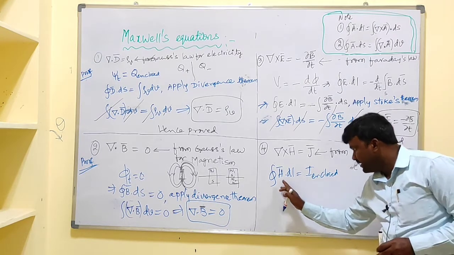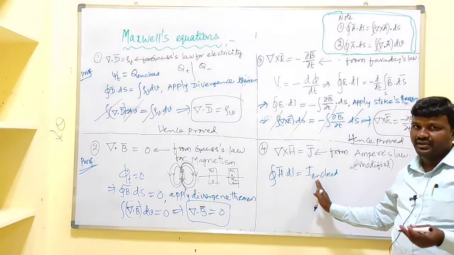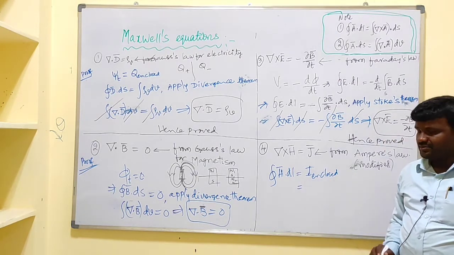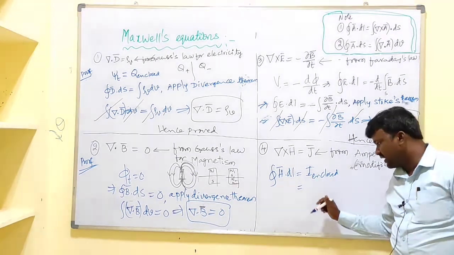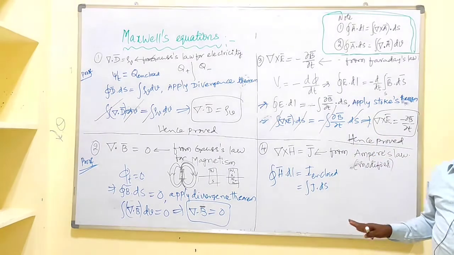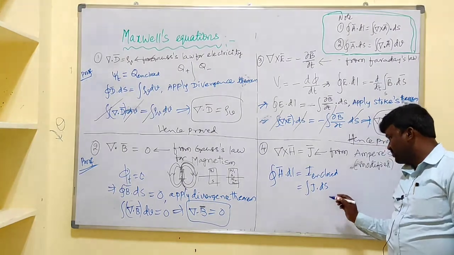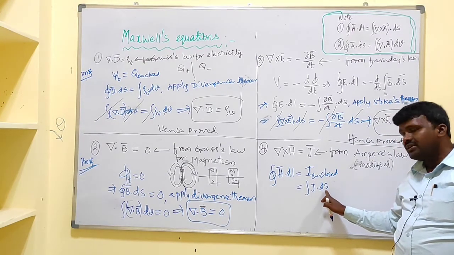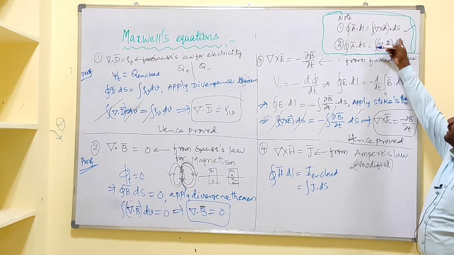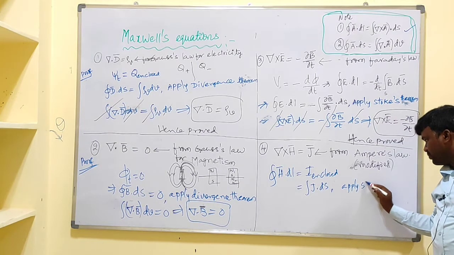Now represent this. On left hand side we have integral term, on right hand side there is no integration. Please try to write this I in terms of the integral terms. Means what? Let us represent this current in terms of the current density, that is what? Integral J dot ds. That means surface integral of current density gives what? Current. So here I have closed line integral, here I have open surface integral. Means what? This equation means I need to apply what? Stokes theorem. Apply Stokes theorem to LHS.